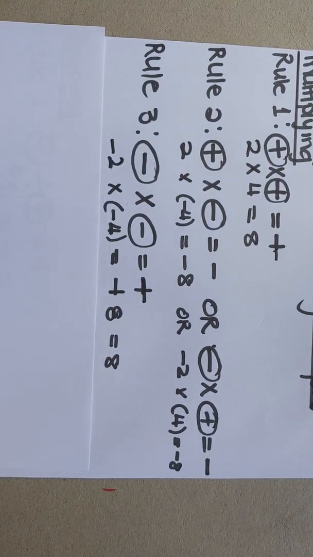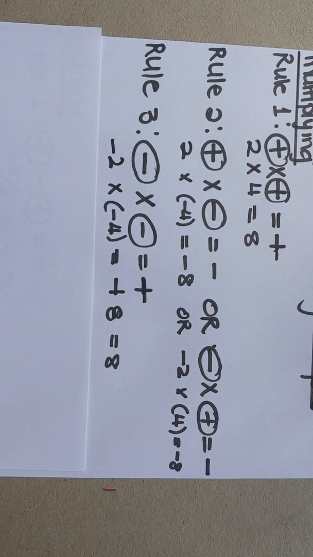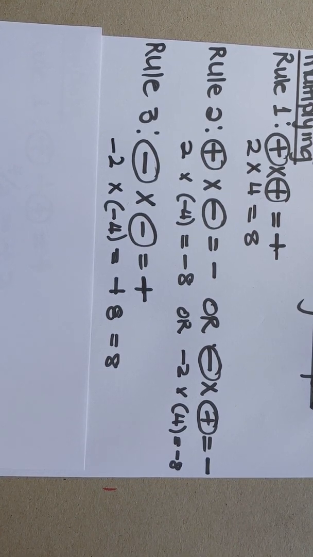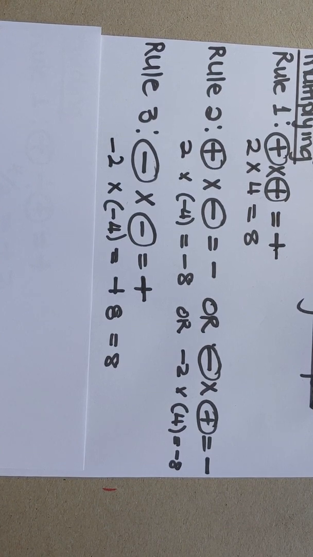Rule number 3 says when you multiply a negative and a negative, you get a positive. In an example that is minus 2 times minus 4, that will give you positive 8, which makes your answer